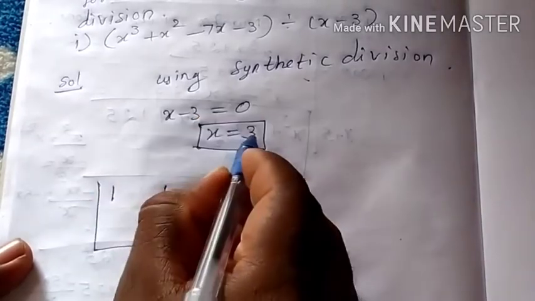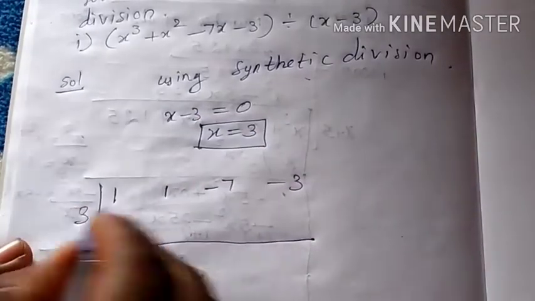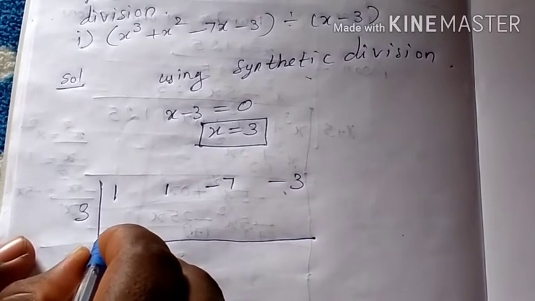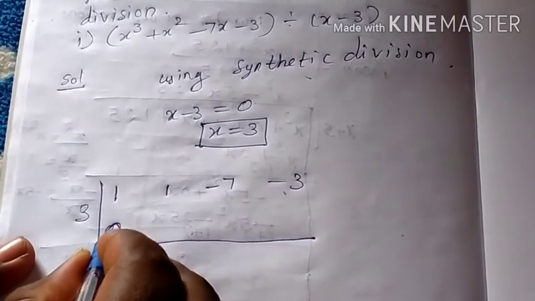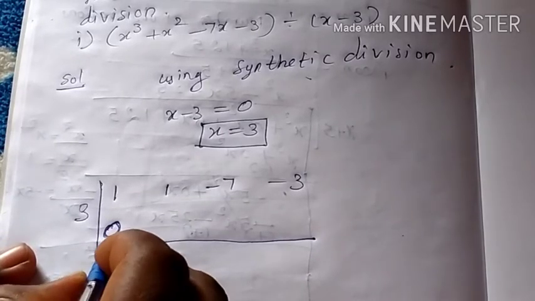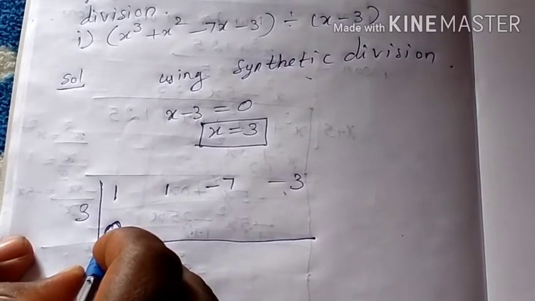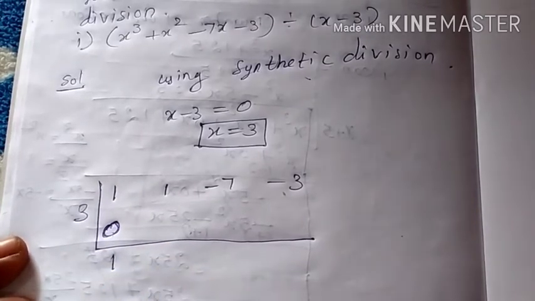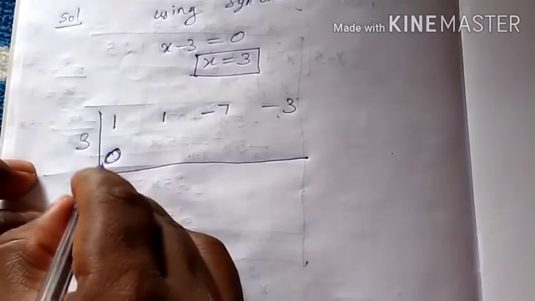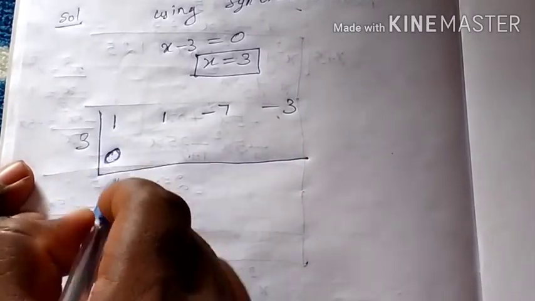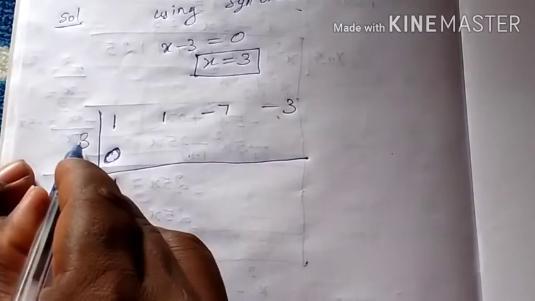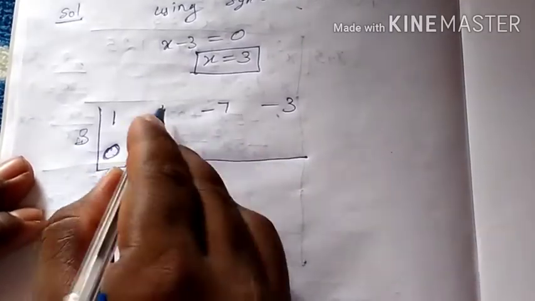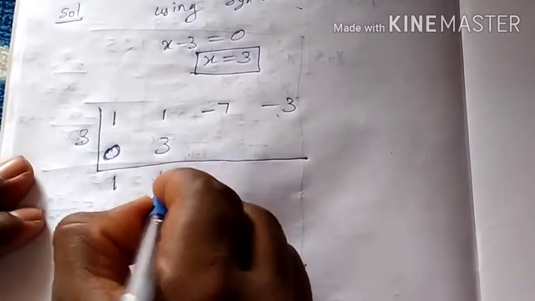Then the zero of the divisor is 3. Listen carefully. The first value is 0, the initial value of the divisor is 0. Then 1 plus 0 is 1. Have you understood? The first initial value is 0, so 1 plus 0 is 1. Then the second step: 3 ones are 3. Then the sum of these two values, 1 plus 3, is 4.